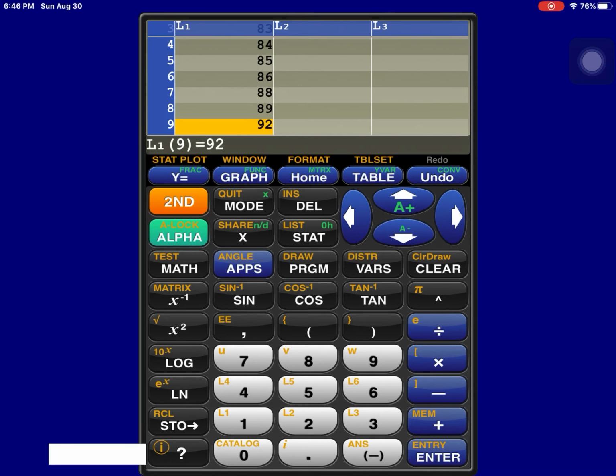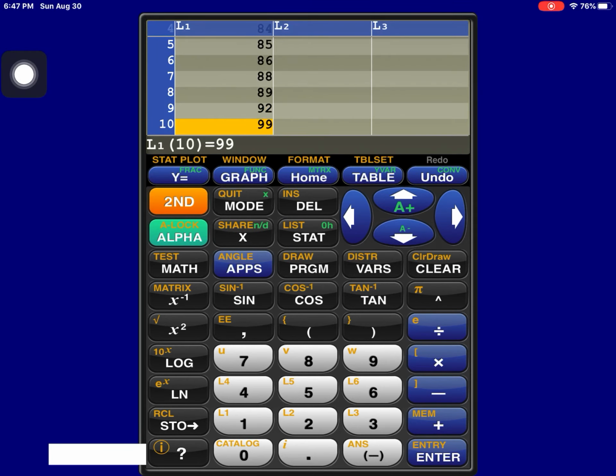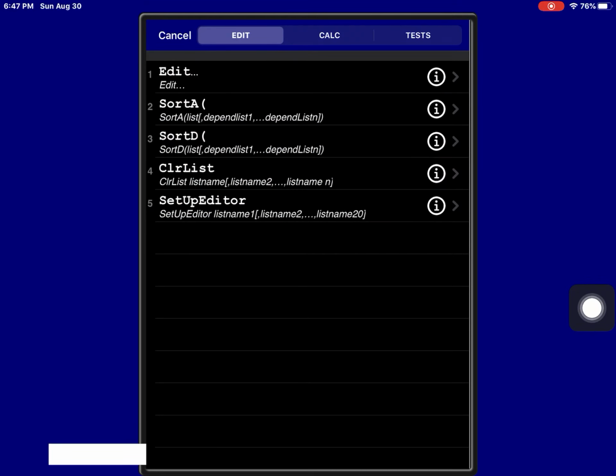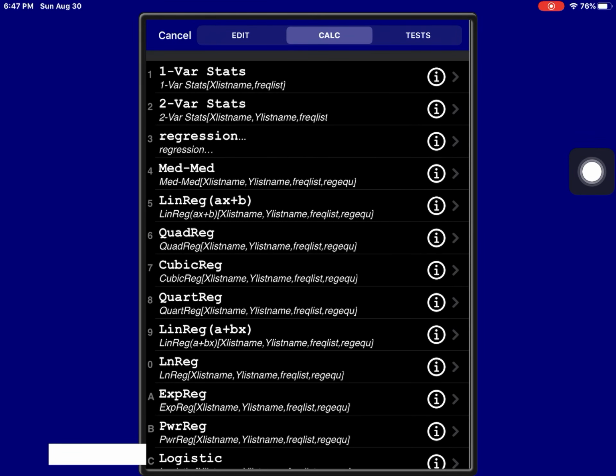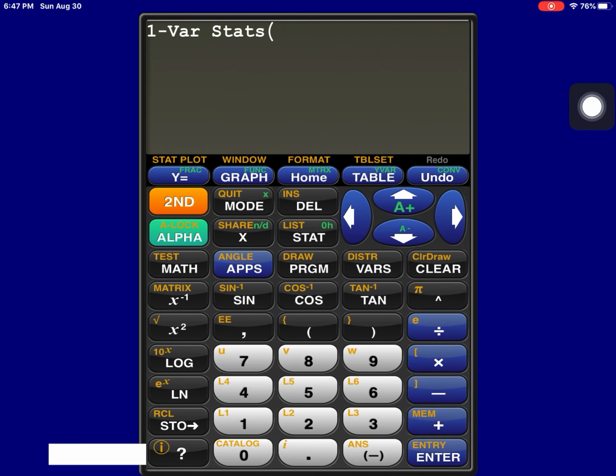Okay, my values all seem to be correct. So once all your stats are entered in the list, you're actually going to go back to the stat button. Now, we don't need to hit edit because we already have that, but instead we're going to go to calc. Now we want to calculate something. So go ahead and slide over to calculate, and we're actually going to do this very first option that says one variable statistics. Hit enter,